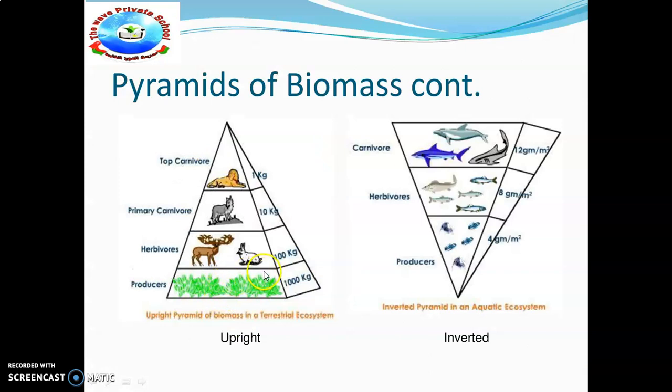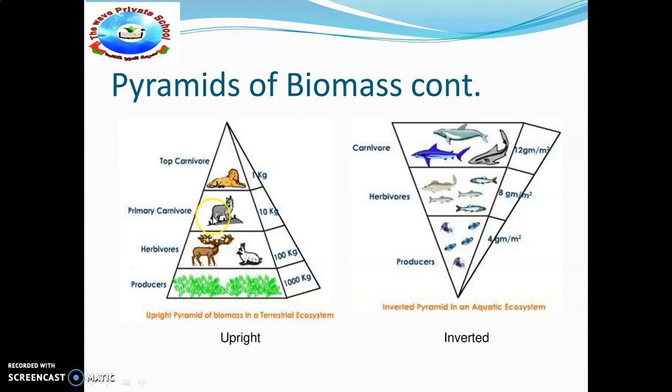Here you can see two types of pyramids that you can compare. This is the upright pyramid of biomass in a terrestrial ecosystem, and here you can see the inverted pyramid in an aquatic ecosystem. So these are the producers. Here you can see the mass of the organisms, on this side the mass and here the organisms. The producers have more mass than the